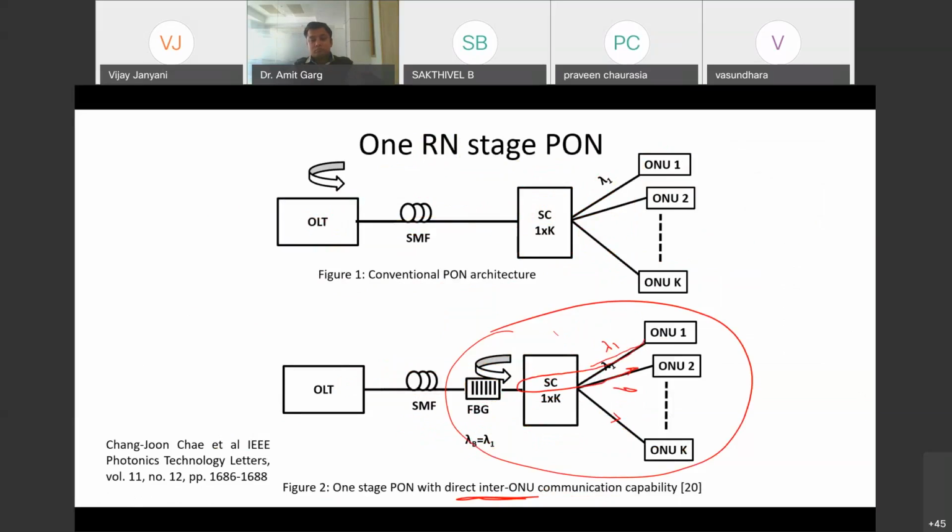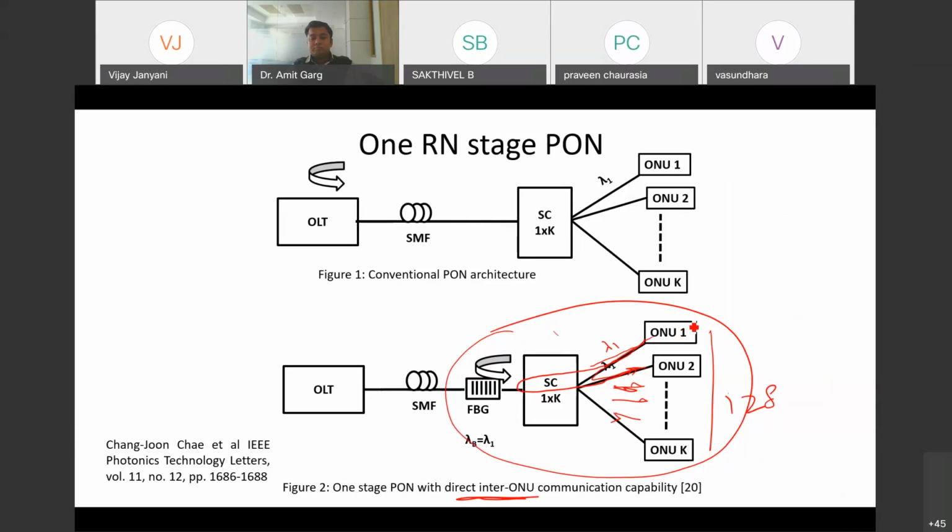But here there is a problem. Let us say there are 128 ONUs. It will always communicate with all of them, whether it wants to or not. So let us talk of a typical scenario in a university. You have different departments there: electronics, computers, civil and mechanical.